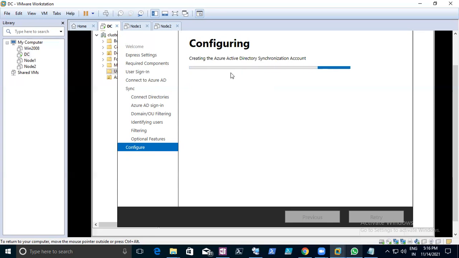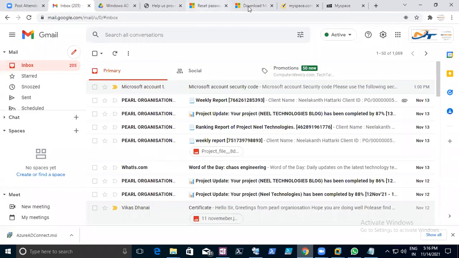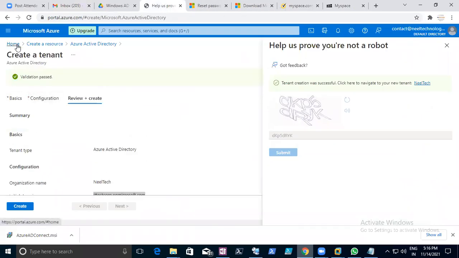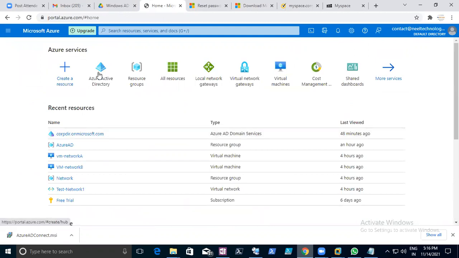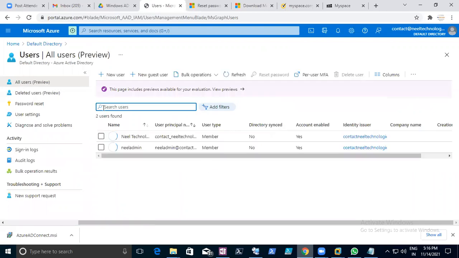So what is going to change is right here. After everything is done, come back here to your Azure portal. Here you can see the users. The OU I created, that OU's users will get updated here. Not here. You should go to the Neil Tech domain.